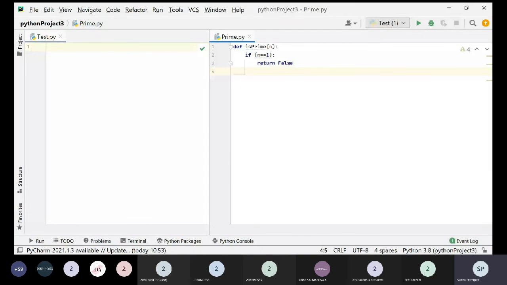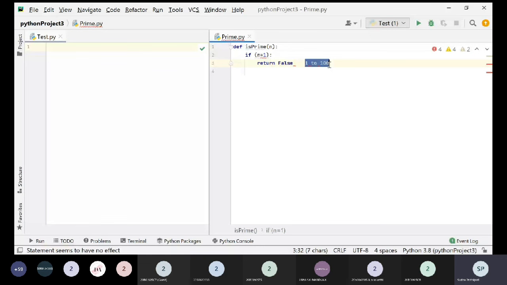Okay, so if the user is giving a negative number, you cannot stop it. But here the point is I didn't give this less than or equal to in my code, because I actually turned the loop from 1 to 100. So I am forcing my program to execute for 1 to 100 numbers. So that's the reason why I didn't focus on the negative numbers.